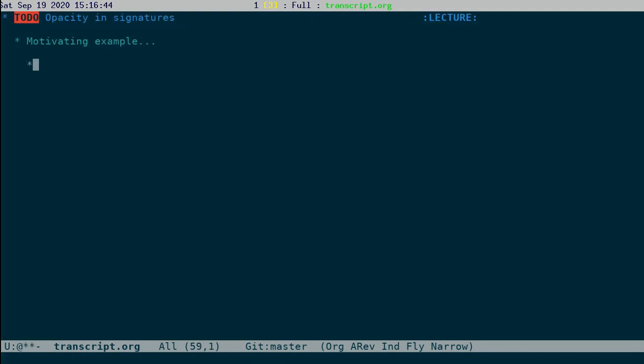Having seen the motivation for opaque signatures, let's quickly define how this opaque signature works. We are going to have some pretty artificial examples.